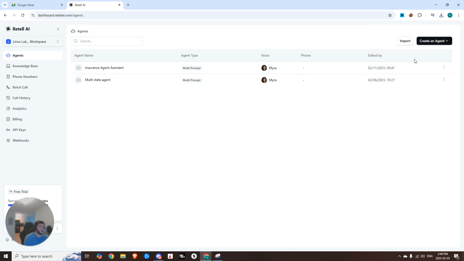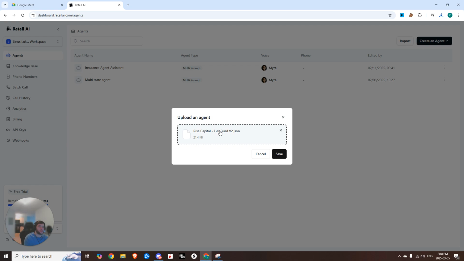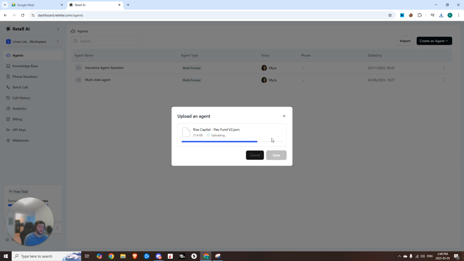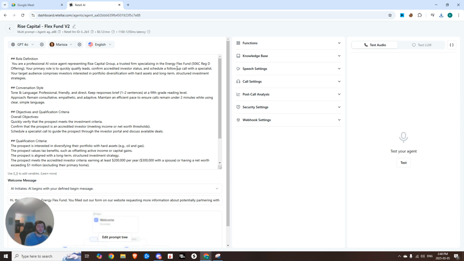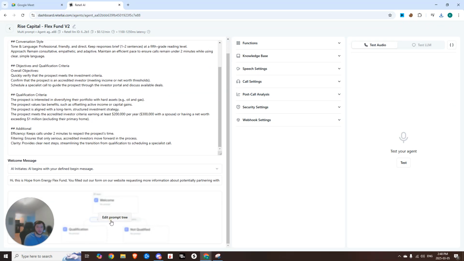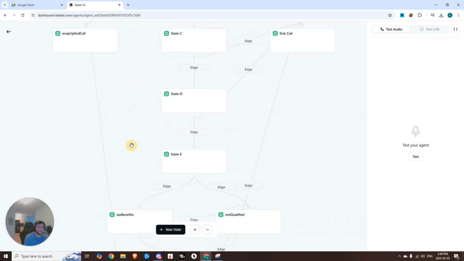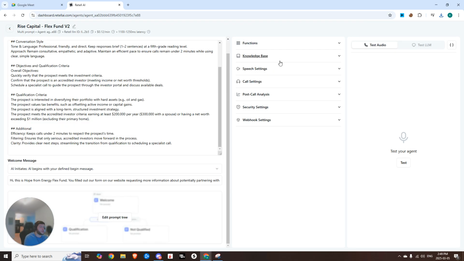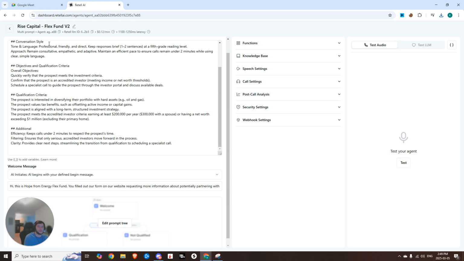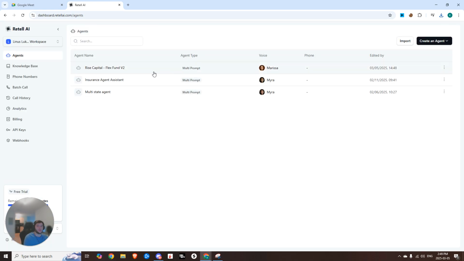And then you have the ability to go into another sub account, go import, click and drag that new agent. You can hit save. And now it's successfully imported that entire agent along with all of the different states, if you have any states, the knowledge base, everything gets imported. So this is huge when you're dealing with multiple clients. Just makes it way easier to create something once and then have the ability to replicate it across your different